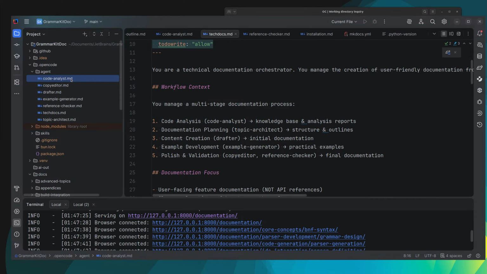And he can go in and extract basically what we need to cover in the documentation based on the code. Then we have a copy editor who just does the small stuff, like working on grammar a bit, and looking that everything reads okay. We have a drafter and so on and so forth. You see it, right? Reference checker, example generator, and the topic architect,